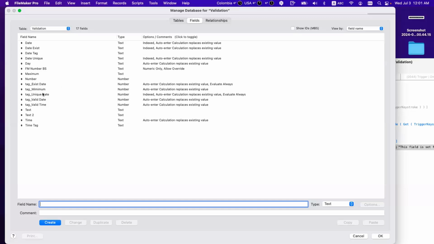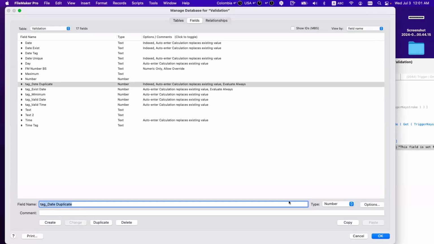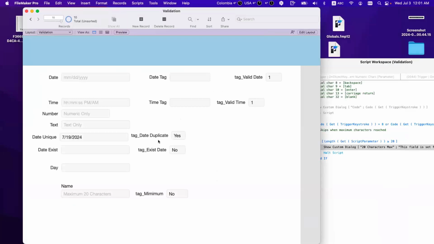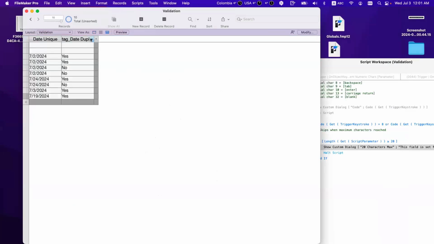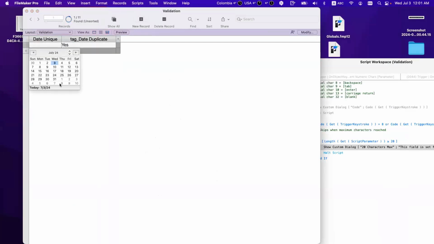Instead of calling this unique, I can say duplicates. You can change the name. Let's do another demo. So if you say new record and you put the 8th of August, why did it say it exists?